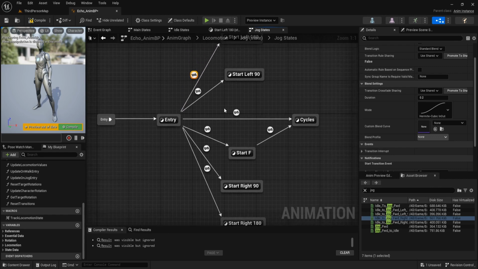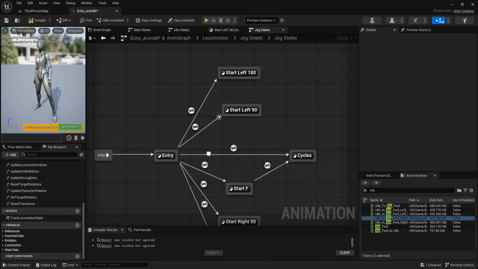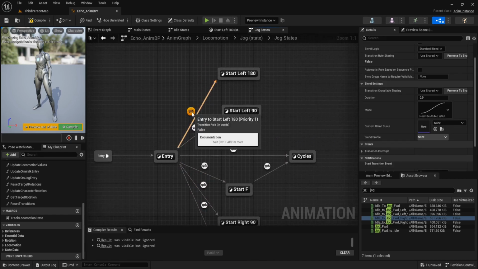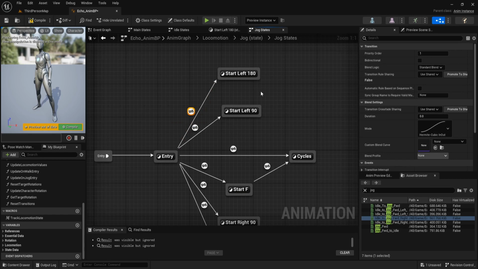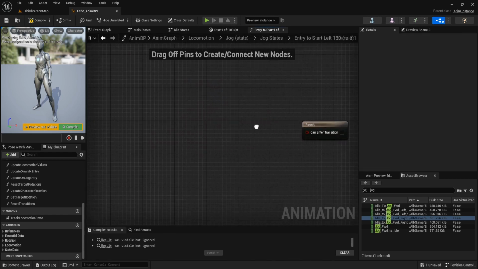All this transition duration is 0. This one is 0, 0, and 0. And then we double click on it.